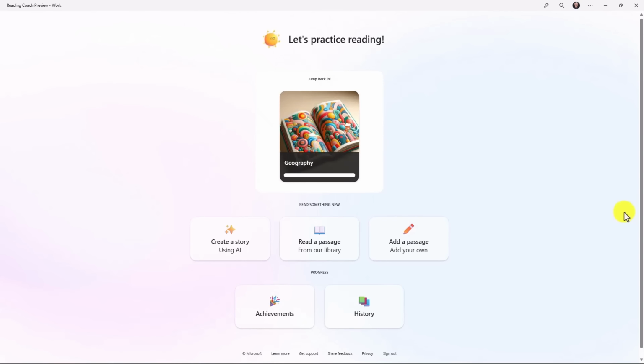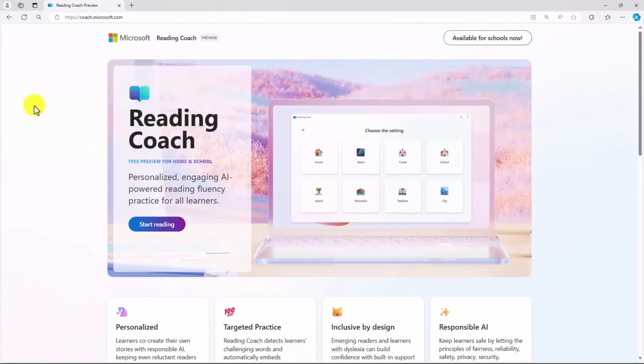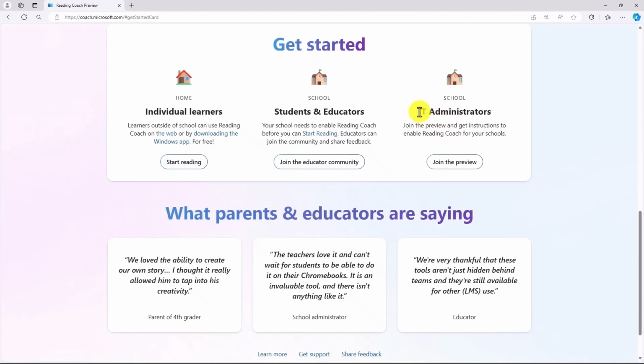So it's unified across all of the platforms. Back on the main coach.microsoft.com site, again, this is available for schools now. I'll click this. And if you're an IT administrator, you will need to enable Reading Coach across your tenant, and